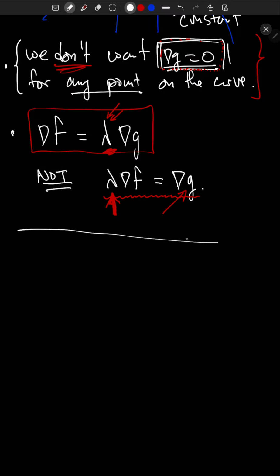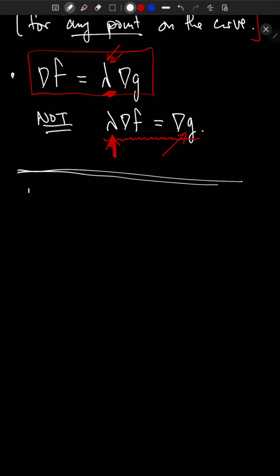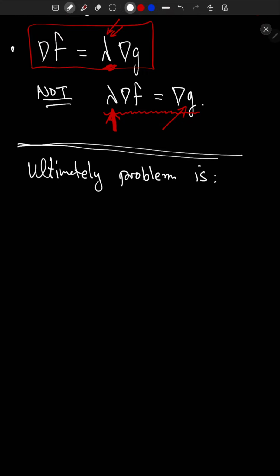So those are my two small notes. So ultimately, our problem is, just like in one variable calculus, you have a problem where you're solving f prime equals 0, and that ultimately is an algebra problem, right? You're solving an algebra equation. Last time in 15.7, you're ultimately solving a system of algebra equations, right? f sub x equals 0, f sub y equals 0, f sub z equals 0 if you have a z, and so on, right? Here, ultimately, the problem is you want to solve